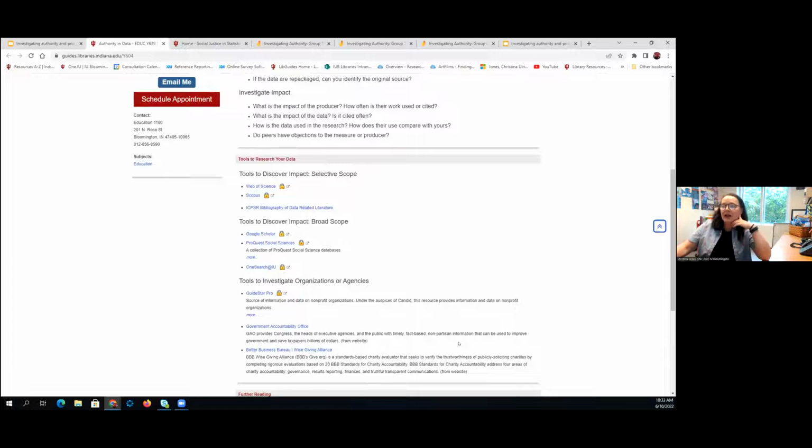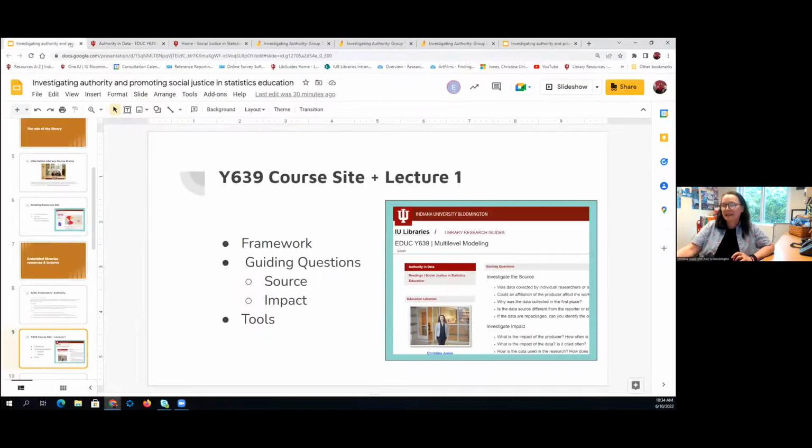And then using GuideStar Pro, the GAO, and the Better Business Bureau as an open source tool to investigate the organizations and agencies. A little bit later on, we'll have some time to work through this process. I think it might make more sense and be more fun to do this, so we'll walk you through the process that we had the students do to investigate the authority of their particular data set.